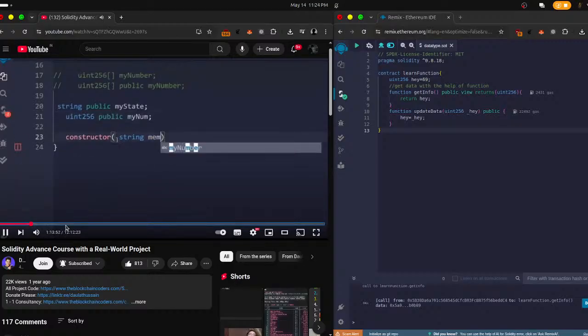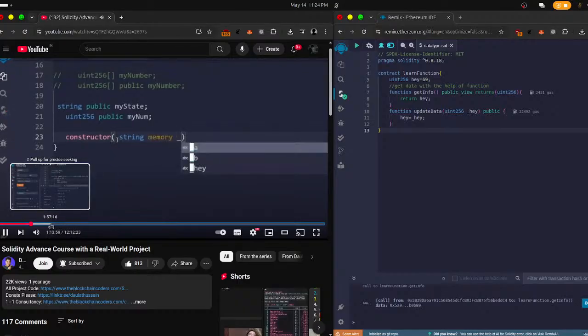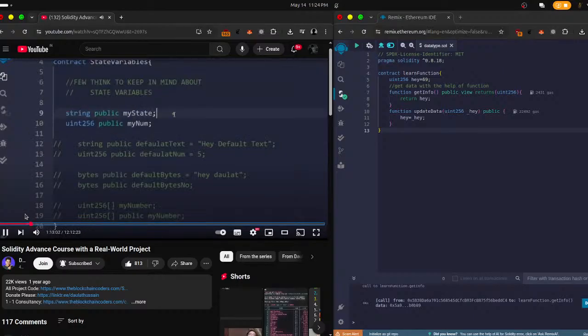In Solidity, you have to define the data type explicitly. You have to say what data type you want to take. And here I'm going to use memory. Again, this memory keyword has a detailed discussion. It uses state,